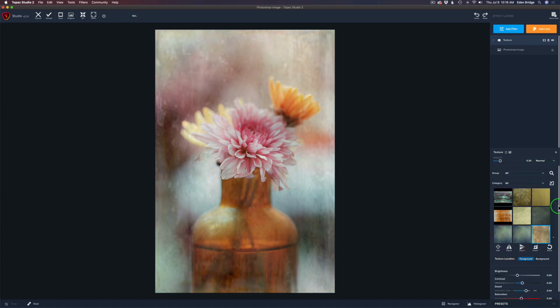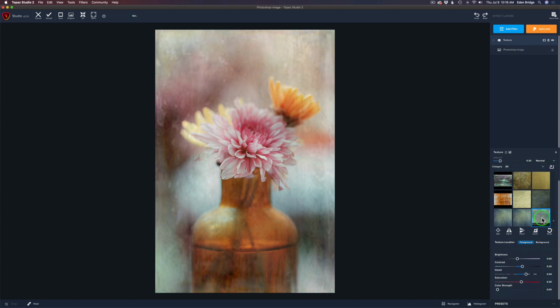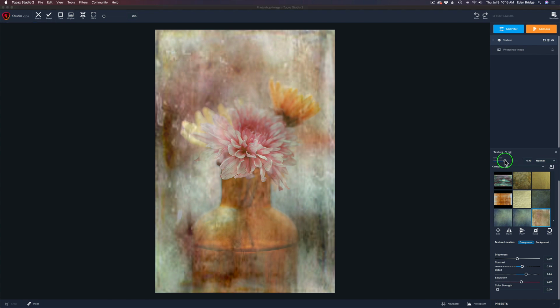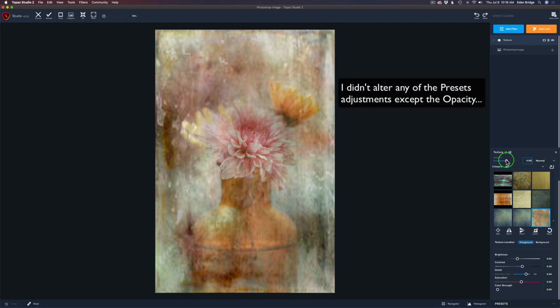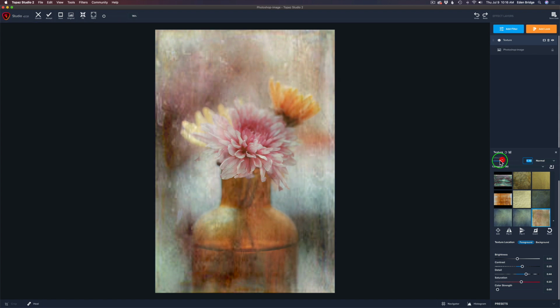And now our filter opens up here, and we can see that it's chosen the Victorian fade texture, which is cool. And let's see here. I'm pretty happy with everything except the opacity. I think I might pull up the opacity. Now the blend mode is the normal blend mode, which I really like here. But I think I'm going to take my opacity up to, I don't know, maybe close to 50. Let's say 50%. First off, let me pull it down a little bit because